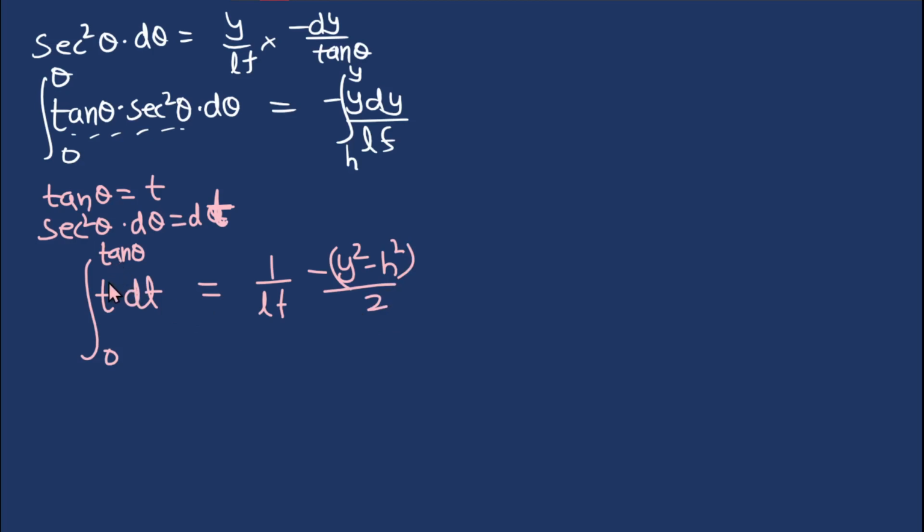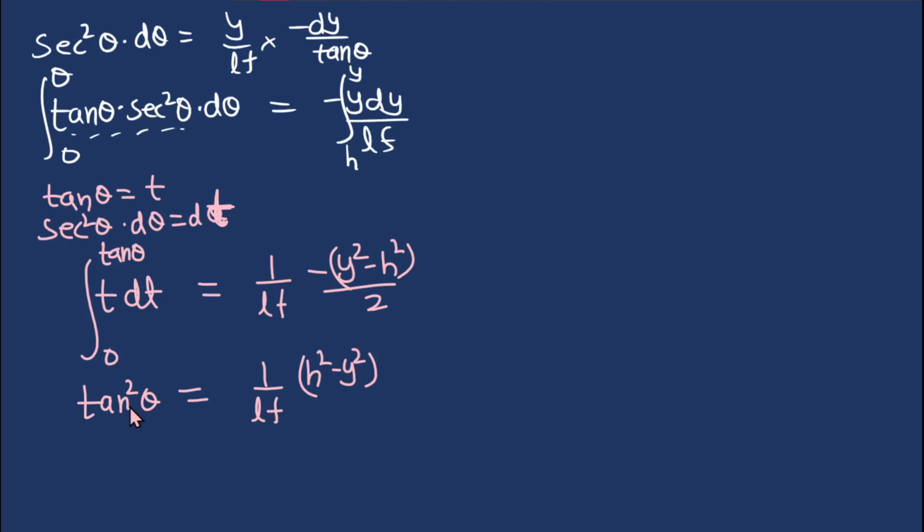Here if we just substitute the limits, it will become t square by 2. So this 2 will get cancelled out and we'll get tan square theta minus 0 by 2. So 2 gets cancelled out. What we will be getting is 1 by LF, and instead of writing minus outside, we can write here as h square minus y square,